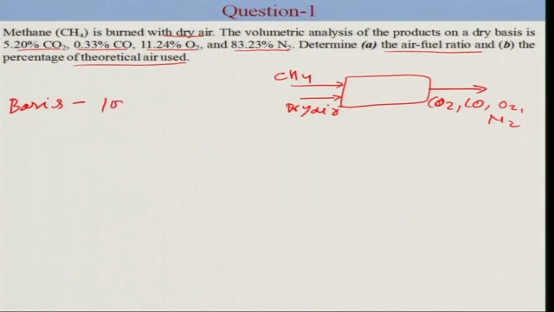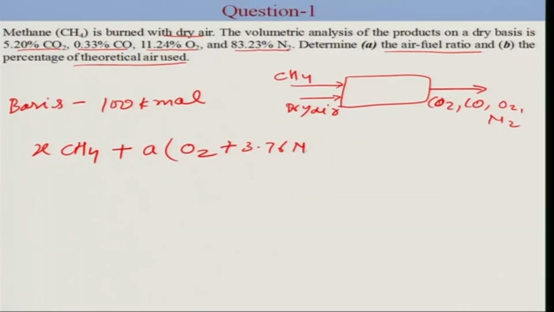So on this basis we can directly take the composition of CO2, CO, O2 and nitrogen in the product stream. Before writing the combustion equation, first we assume that x kilomole of methane is being burned, because it is not given in the question. So x kilomole of methane is being burned with a kilomole of air, since 1 kilomole of air contains 1 kilomole of oxygen plus 3.76 kilomole of nitrogen,